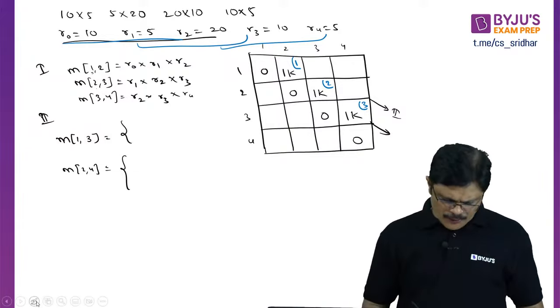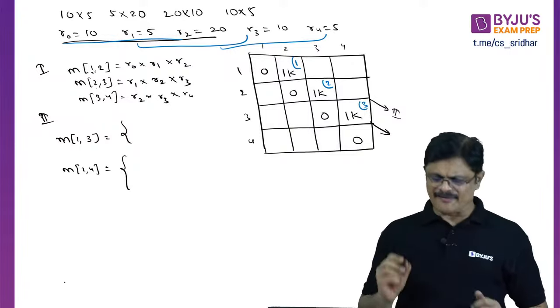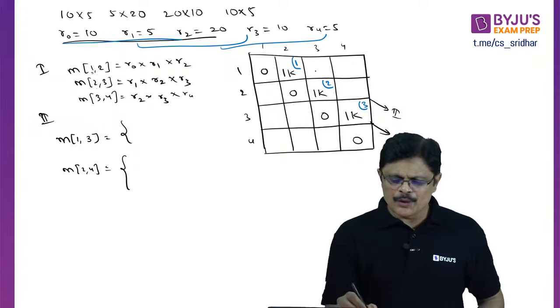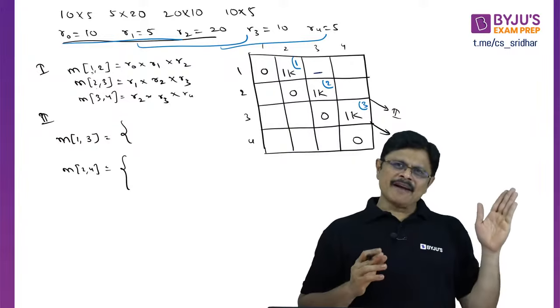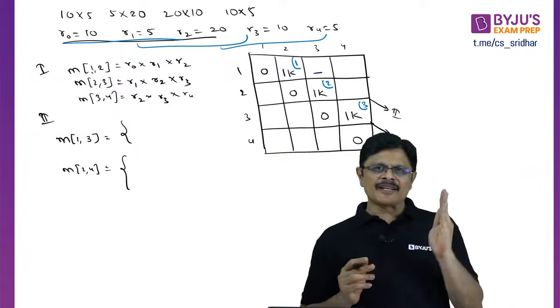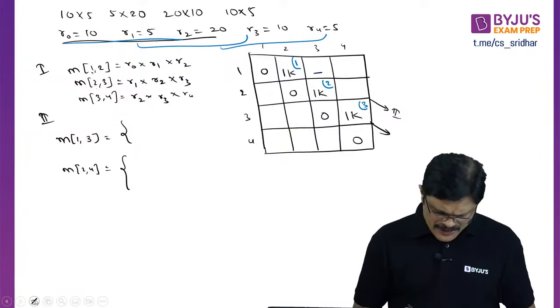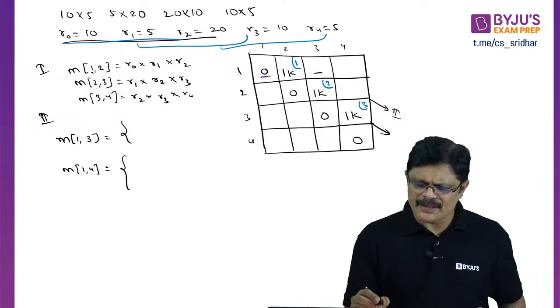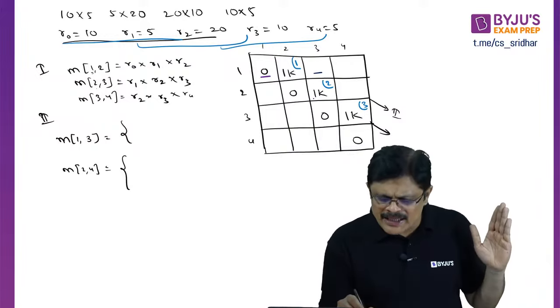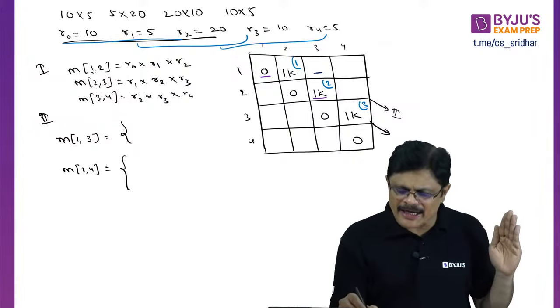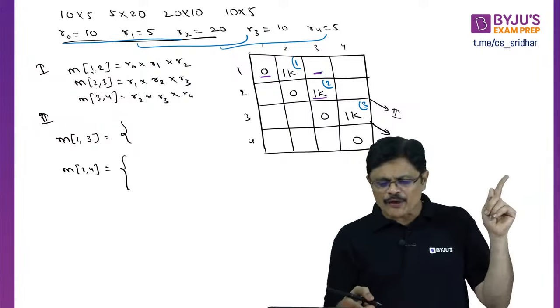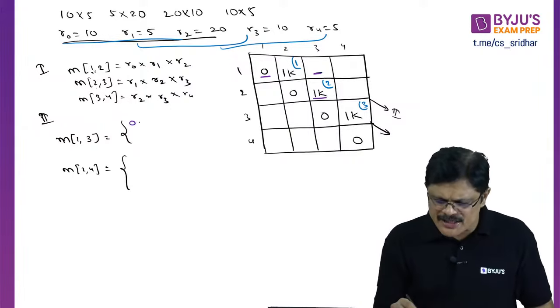See, my dear friends, how to write this, I'll tell you simply. See this carefully. Now what you do is, you want to find this. If you see leftmost, one value will be there. After that, one value is there. So I just use some color for that. This is the leftmost and immediate below value. You take the leftmost value and immediately below value, add them. That is 0 plus 1K.